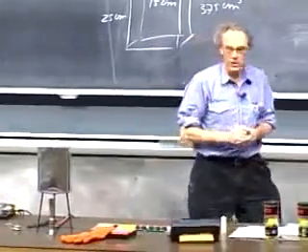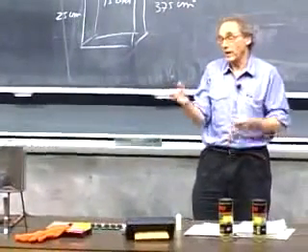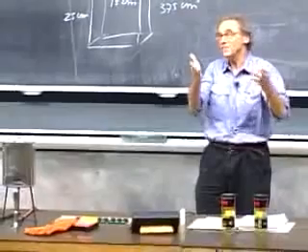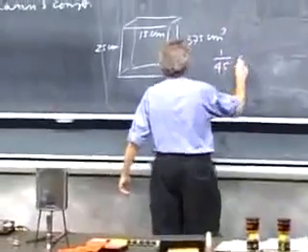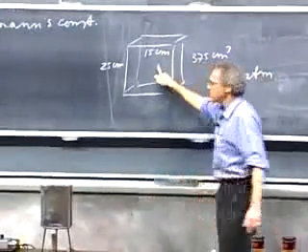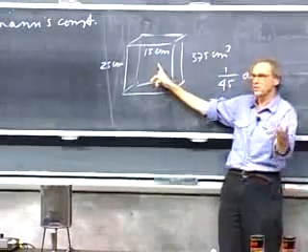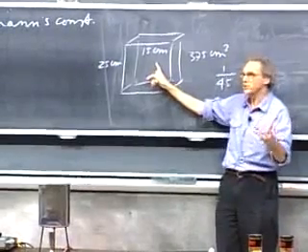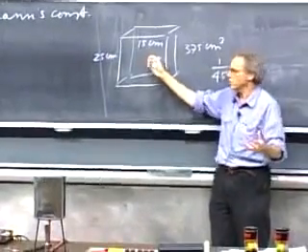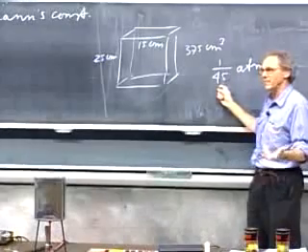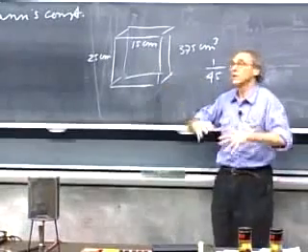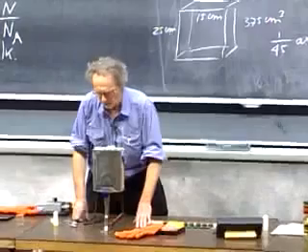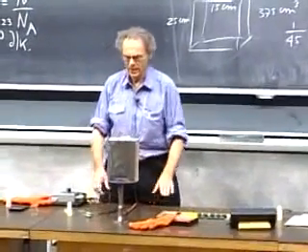What would be the water vapor pressure at 20 degrees centigrade? I just told you that shortly. That is about 17 millimeters mercury. That is 1/45th of an atmosphere. In other words, if this can kept its volume and didn't implode, by the time it reaches 20 degrees centigrade, the pressure in here would be only a few percent of 1 atmospheric pressure. So it's like having a vacuum in there. And so clearly the can will implode. So we'll try to get the water out, to get it to boil.